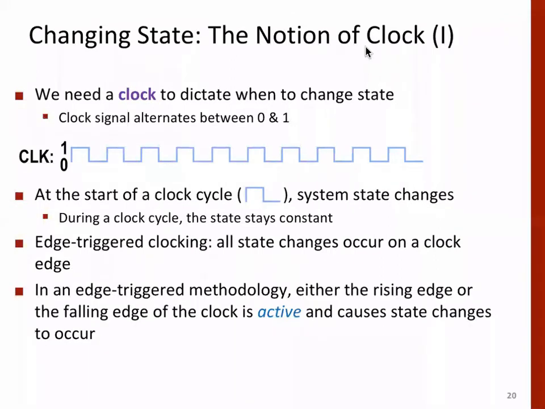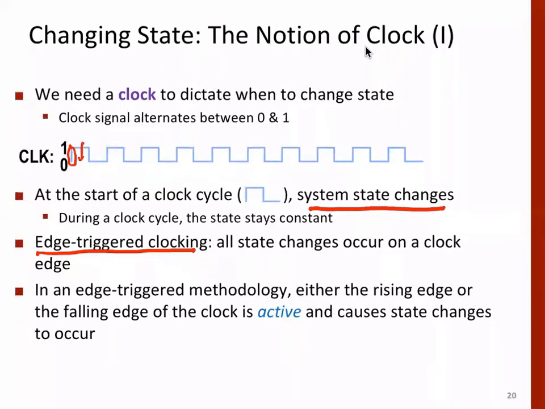So at the start of the clock cycle, the system state changes. Now there is a possibility that you can design a system where the state changes happen not only at the clock edge but also during the level. For example, now we are assuming that the change is happening here. Instead of that, we can also design a circuit where the change happens here. But we, the processor designers, have taken the design approach that only at the leading edge of the clock will state changes happen, and this is called edge triggered clocking. We are not doing level triggered clocking henceforth.